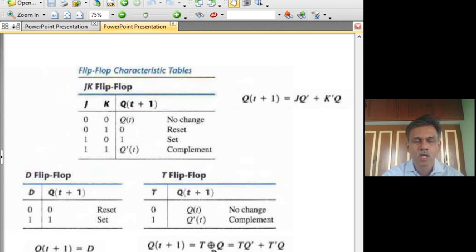So with this we will stop our discussion on the flip-flops. In the subsequent lecture we will first look at how the flip-flops can be used to design larger circuitry, useful circuitry such as registers, shift registers, counters and so on. We will also look at how synchronous digital circuits can be built using flip-flops as the basic building blocks. Thank you.